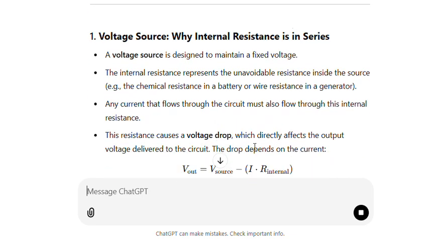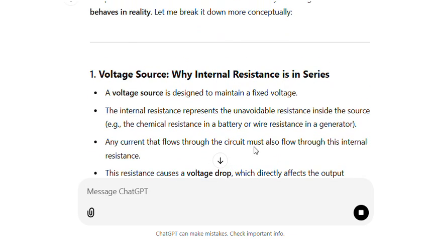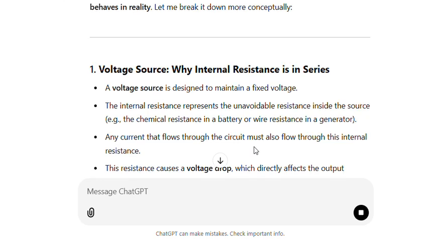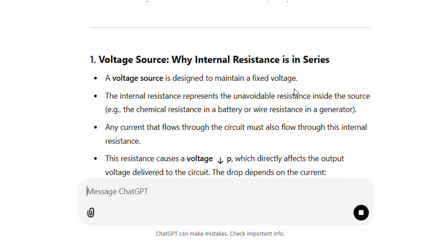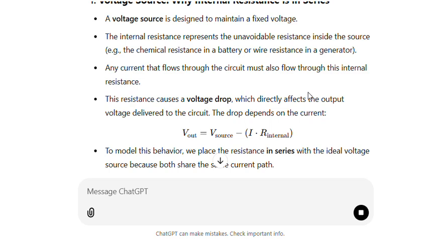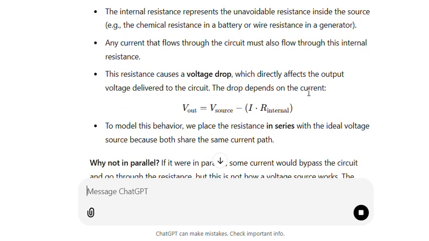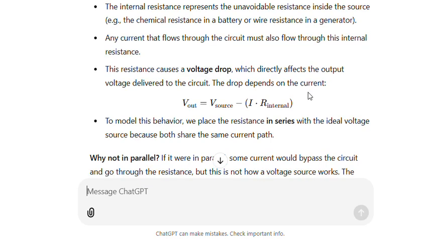This is to maintain a flexible voltage. The resistance represents unavoidable resistance inside the source. Any current that flows through the circuit must also flow through this internal resistance. This resistance causes a voltage drop, which directly affects the output voltage delivered to the circuit. The voltage drop depends on the current. To model this behavior, we place the resistance in series with the ideal voltage source because both share the same